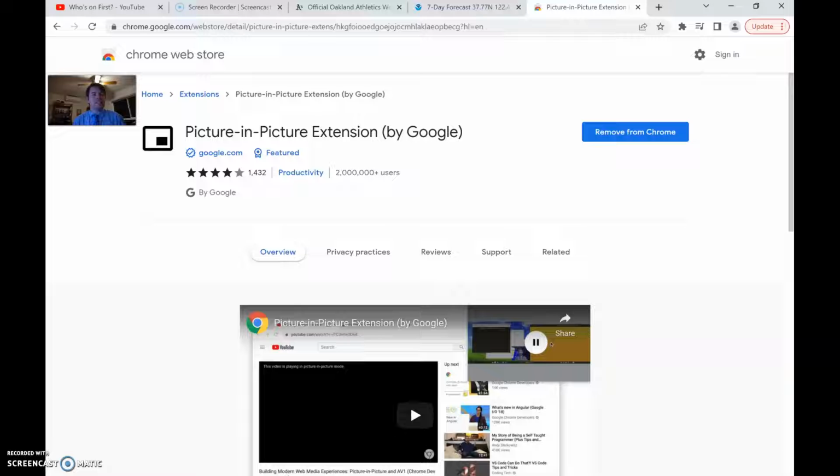This is an extension for Google Chrome that you can find in the Chrome Web Store. The address is right here at the top of the screen, but I will also include it in the description of this video. So once you've installed this, and there would typically be an install button here, now it says remove from Chrome because I have already installed it, then you can go to your favorite video playing site,